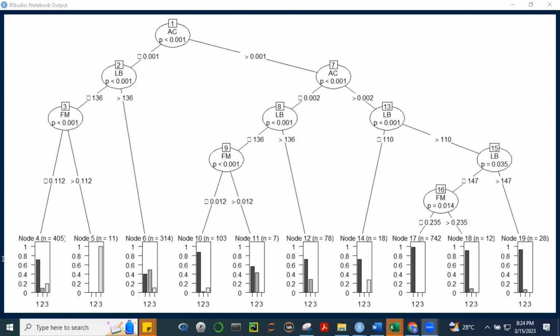Suspect. Okay? So 1, 2, 3, 4, 5, 6, 7, 8, 9, 10. 10 terminal nodes. Ito yung sinasabi niya na 10 terminal nodes. Okay? So yung decision tree na yan, okay, it takes a look at the details of the observations, and then it will ultimately classify it as belonging to node 1, node 2, node 3, hanggang dito kasi node 1, 2, 3, 4, 5, 6, and this is 10.